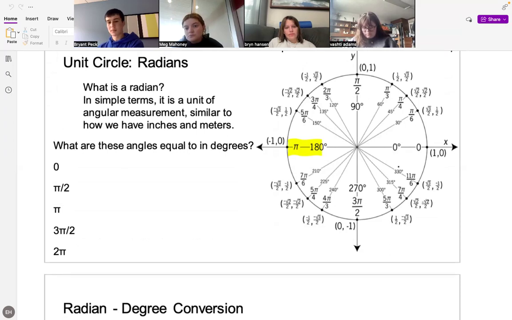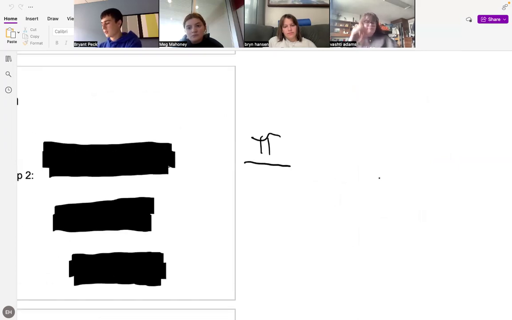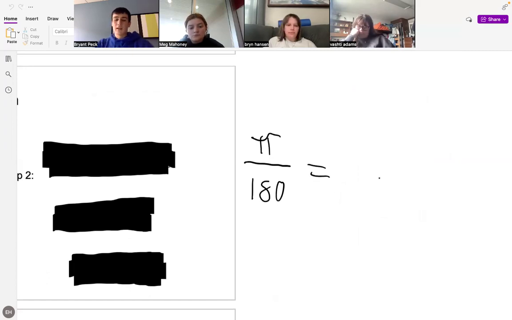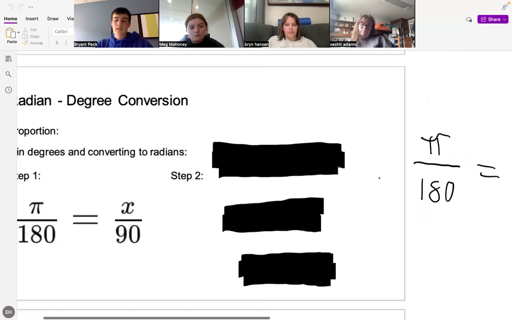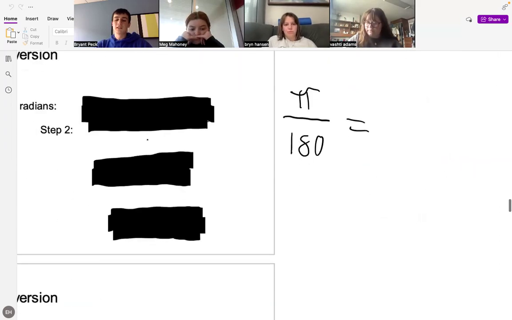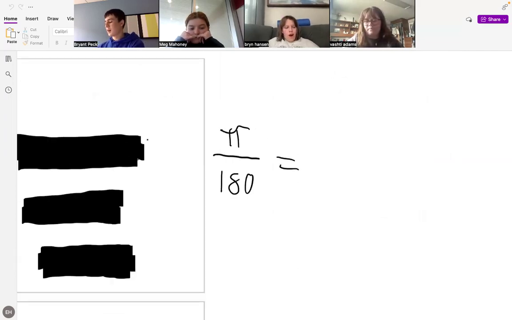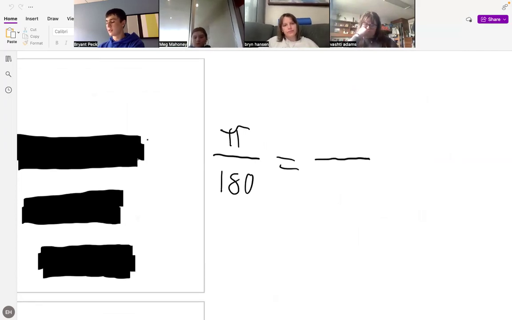Since we know that pi is equal to 180 degrees, we can use that in our proportion. Let's say we want to prove that 90 degrees is equal to pi over 2, like the unit circle tells us. Well, according to our proportion, pi is equal to 180,